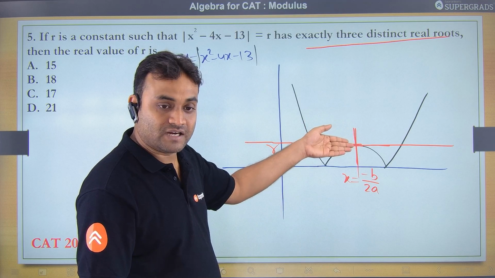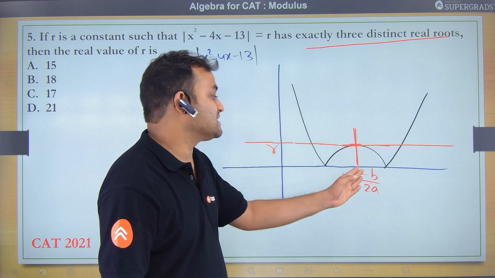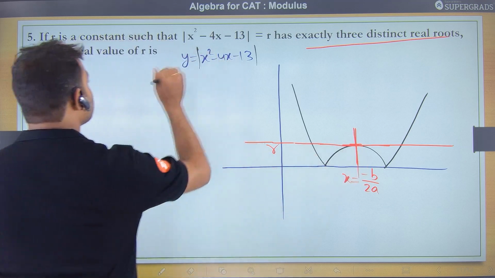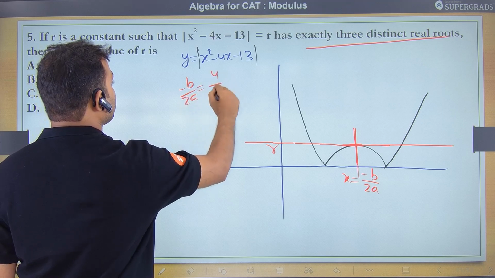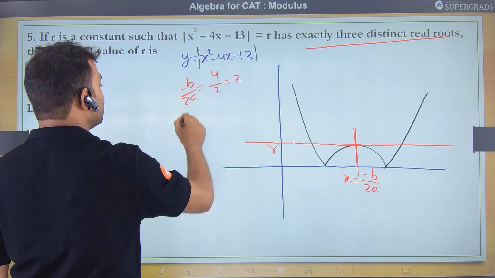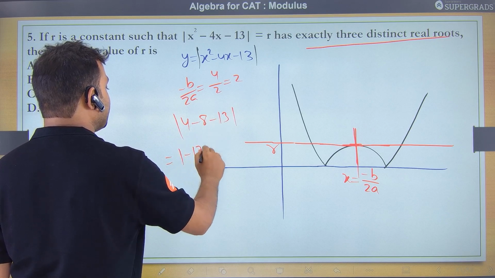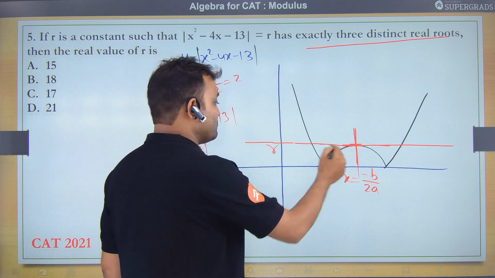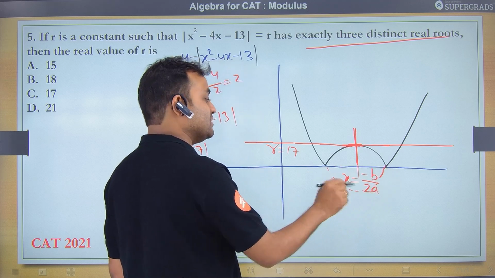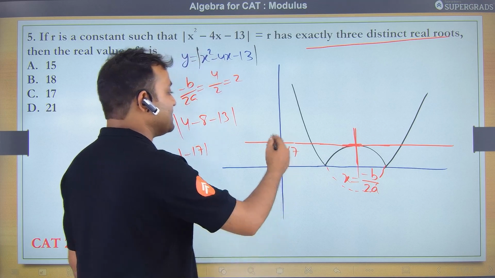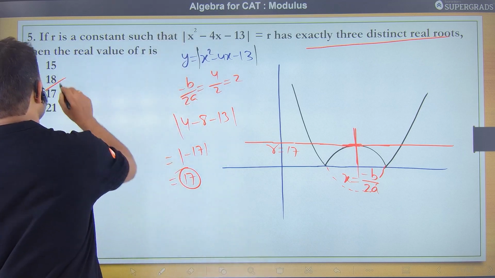लेकिन मॉड लेने पे अब मिनिमम नहीं रहा, है ना। पहले x² - 4x - 13 की मिनिमम वैल्यू थी ये, बट हमने उसे रिवर्स कर दिया। बट ये मिलेगा कहां पे, x = -b/2a पे। अच्छा यहाँ -b/2a रखो, देखो क्या आएगा। -b/2a = 4/2 = 2। x की वैल्यू 2 रख दो यहाँ पे, क्या आता है ये, तो |4 - 8 - 13| which is equal to |-17| which is equal to 17। तो ये अगर ऐसा होता तो -17 इसकी मिनिमम वैल्यू होती। बट ऐसे हमने रिवर्स कर दिया है, तो अब ये वैल्यू 17 हमारे काम की आ गई है, जहां पे y = r 3 बार इस ग्राफ को कट कर रहे हैं। तो स्ट्रेट अवे इसका आंसर क्या हो गया, सी 17।